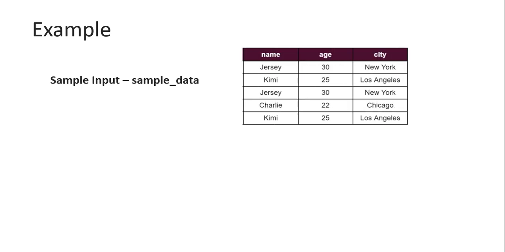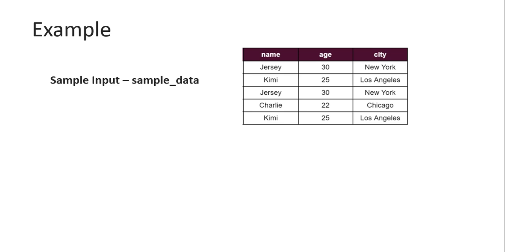So here is the sample input table that we have. The name of the table is sample data. It has 3 columns: name, age, and city. And from the table we can clearly see that row number 1 and row number 3 are duplicate rows, because the columns name, age, and city are the same for both these rows. The name is Jersey, age is 30, and the city is New York. Similarly, row number 2 and row number 5 are exactly the same, with the name Kimmy, age 25, and